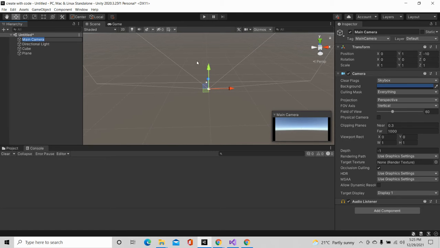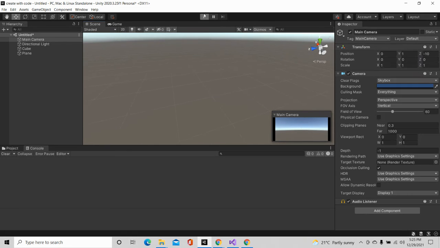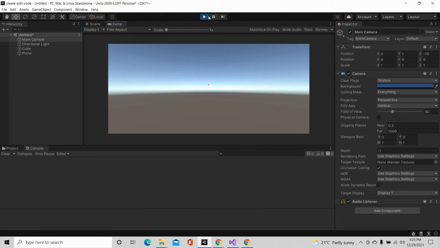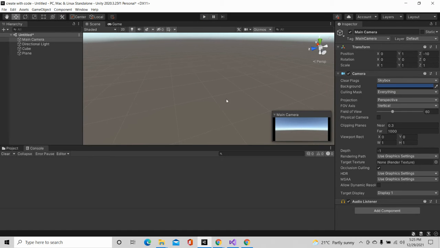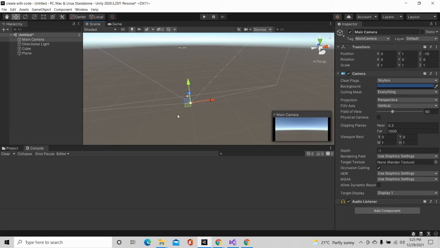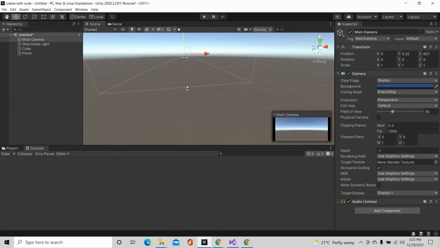Now let's right click. Let us check where our cube is. It's difficult. Let's just drag our camera to that place. Use the mouse button.